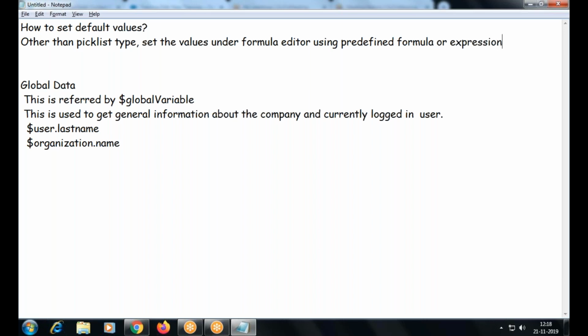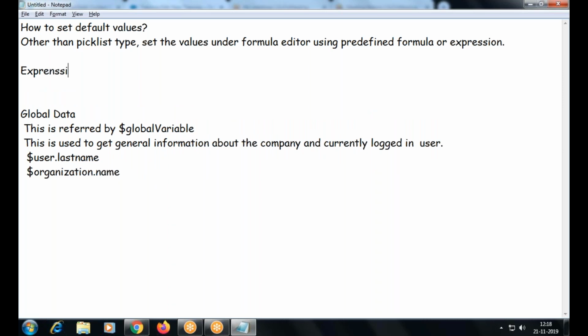Okay, when you say expression, it is like right 5 into or else today plus 30. It's nothing but an expression. Okay, it contains a formula, it contains an operator, it contains some constant, some literal, some static value. Altogether it is called an expression. You can just go with a number or just go with the formula, or you can form some expression also. That will be resolved and the value will be assigned. Got me?